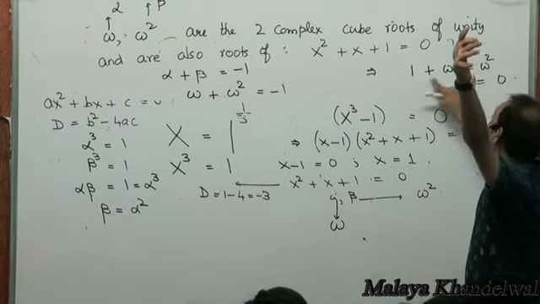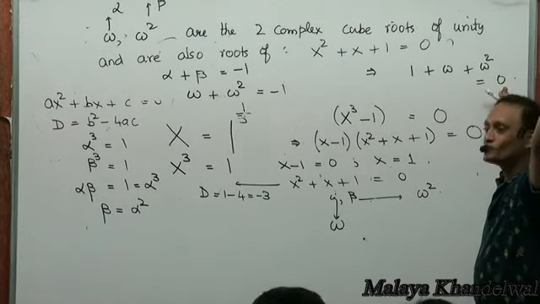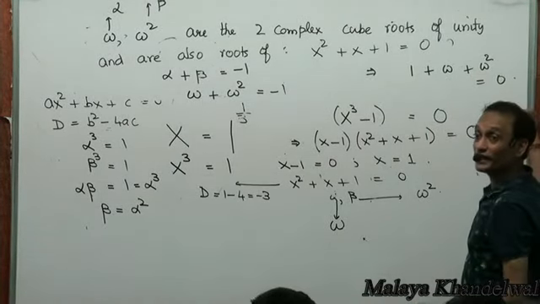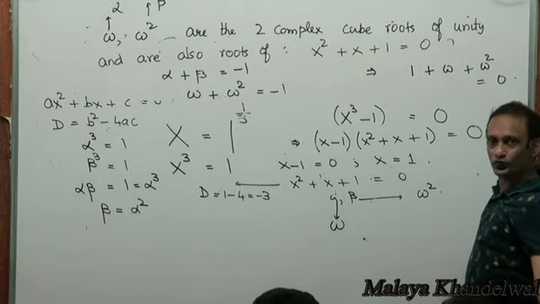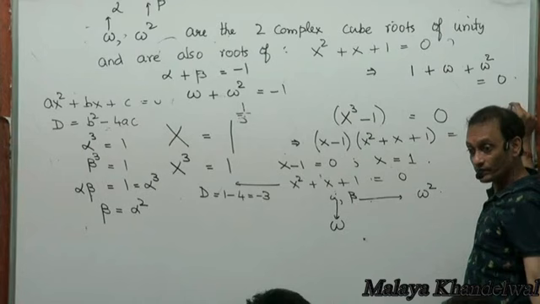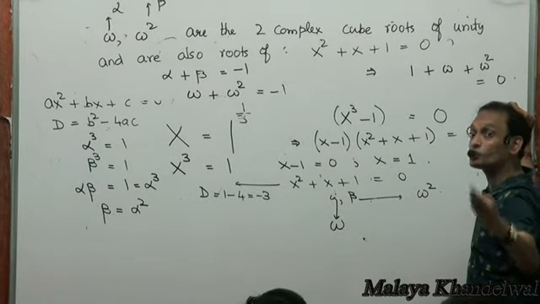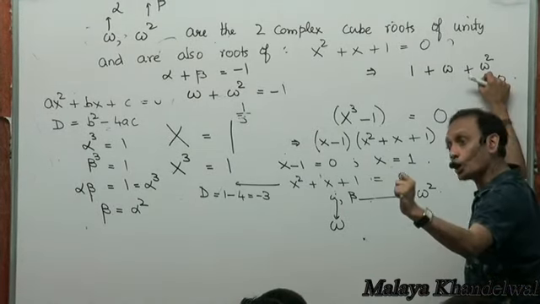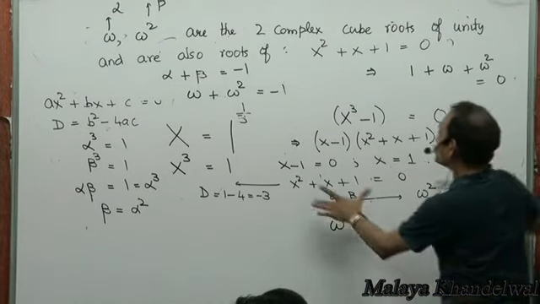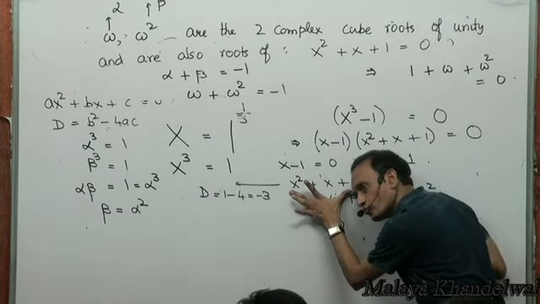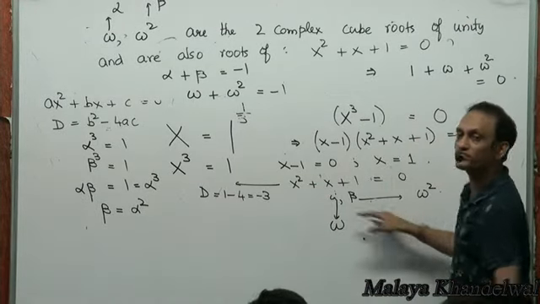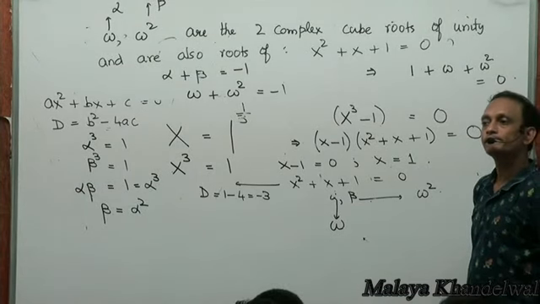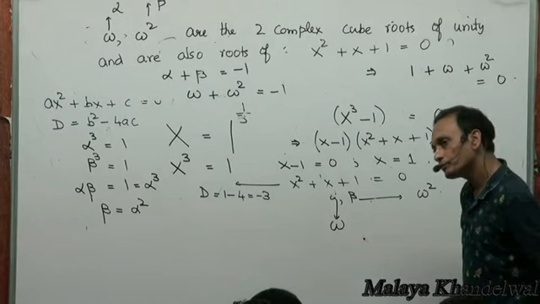Here omega and omega squared are complex cube roots of unity, and 1 is a real cube root of unity. Do you realize that the sum of all the cube roots of unity adds up to 0? This is a real cube root of unity, these are the two complex cube roots of unity, and together they add up to 0. The sum of the three cube roots of unity must always be 0. Omega and omega squared, which are alpha and beta respectively, are roots of this quadratic in x. Yes or no? All's good so far?